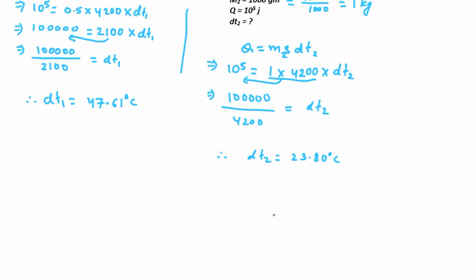So we have to find the temperature difference. Let the temperature difference be dt. So dt equals dt1 minus dt2. So 47.61 degrees Celsius minus 23.80 degrees Celsius. Just subtract it, and the required value is 23.81 degrees Celsius. So this is the